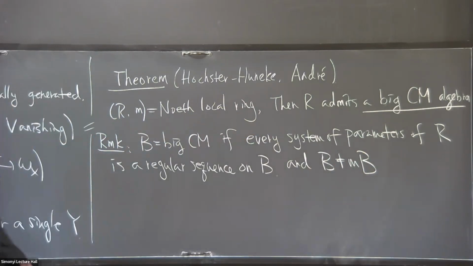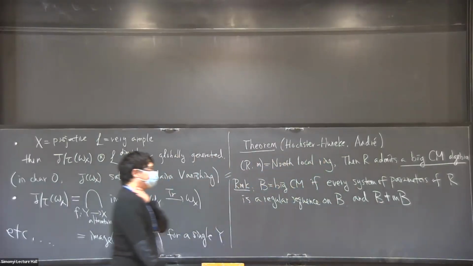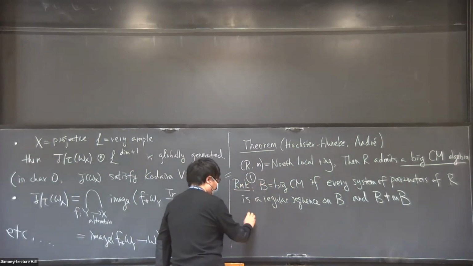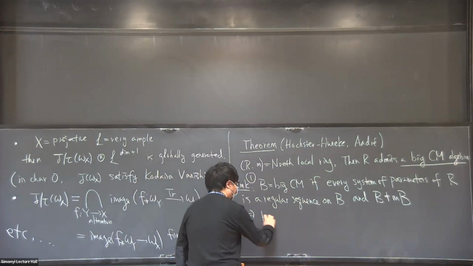We need some non-triviality. Otherwise, just take the 0 or the fraction field, whatever. So you need some non-triviality condition. Okay. I just want to point it out if you are comfortable with the local cohomology. So this condition implies, for example,